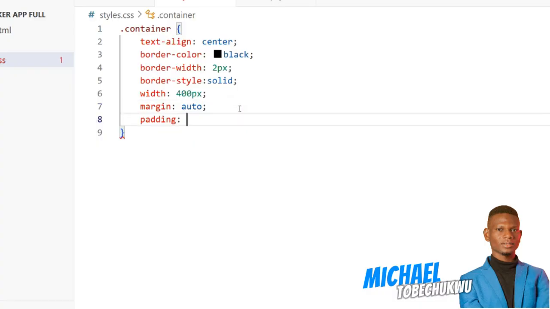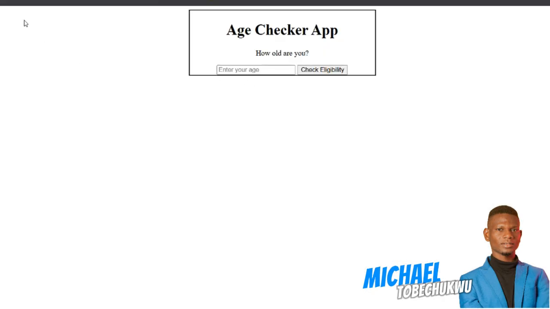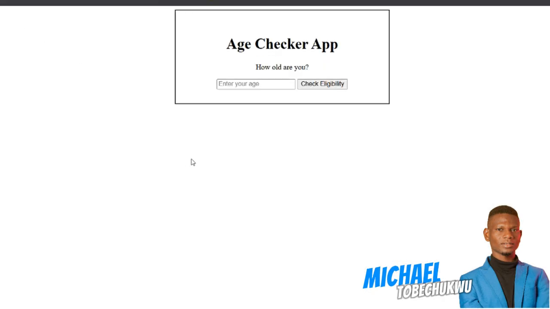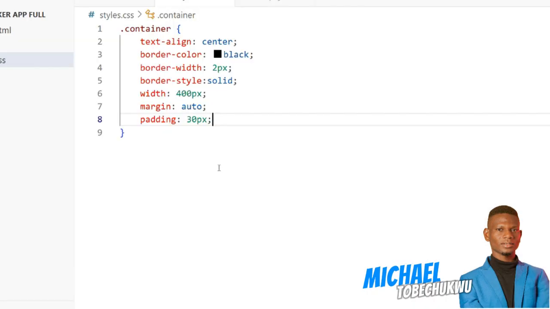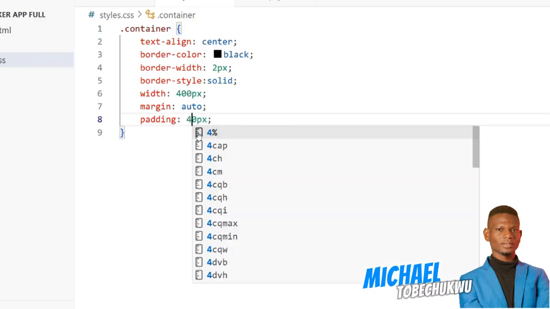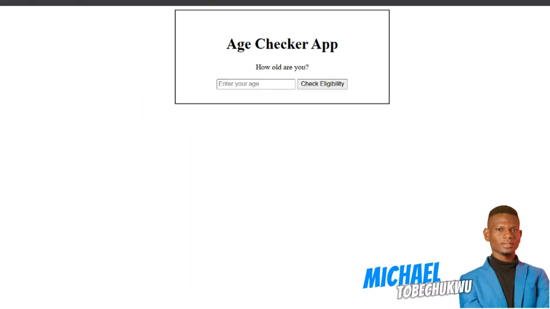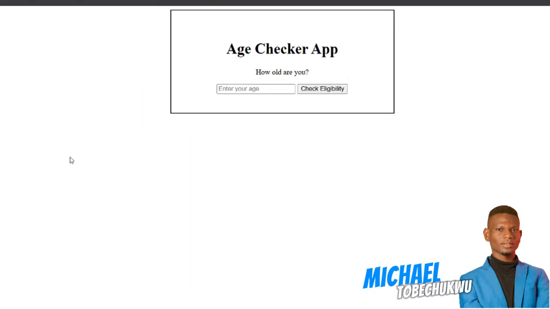Okay, so let's say we want a padding of 30 pixels. It's going to add that much space. So you can use your discretion to determine how much padding it needs. Okay, still looks a little small. I think I'm going to increase it to maybe 40 pixels and refresh. All right, this looks okay for me. I'm cool with this. So the final thing we need to do is to get this button to change the